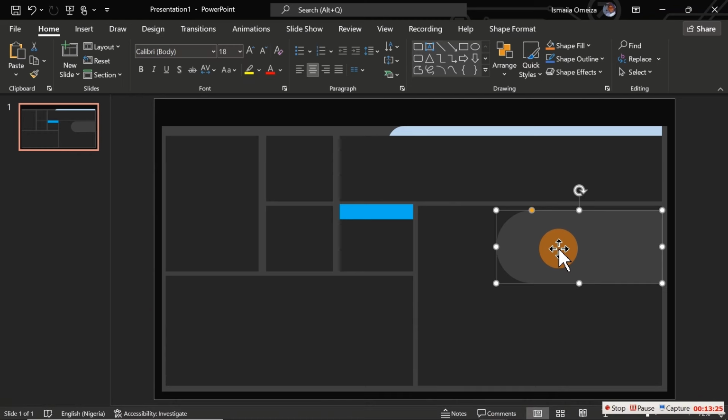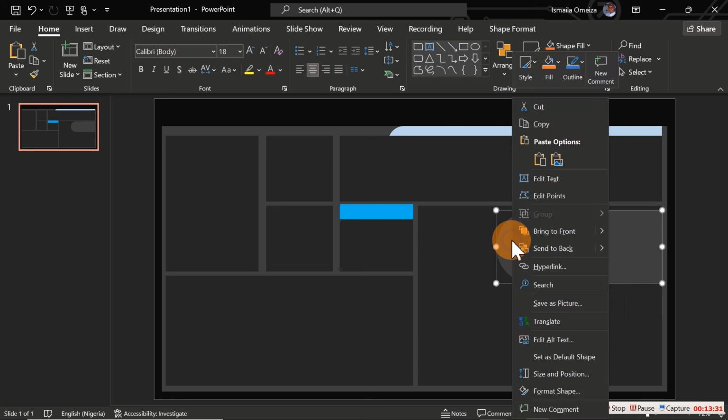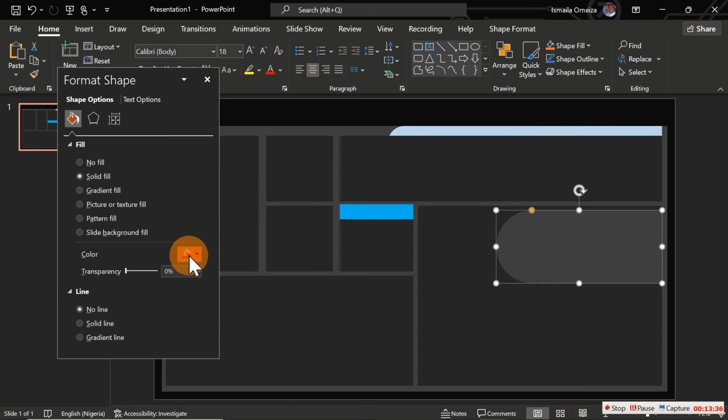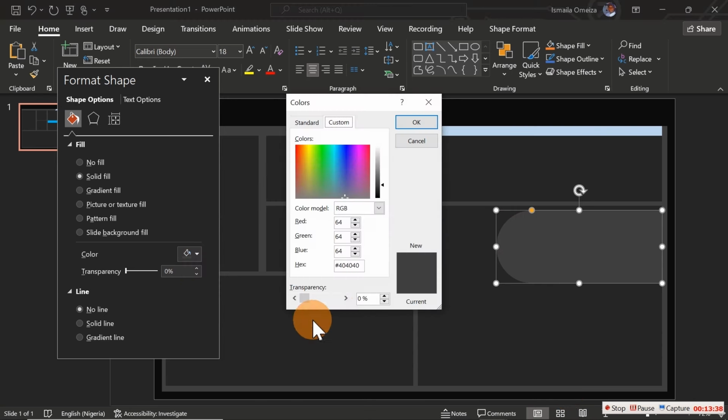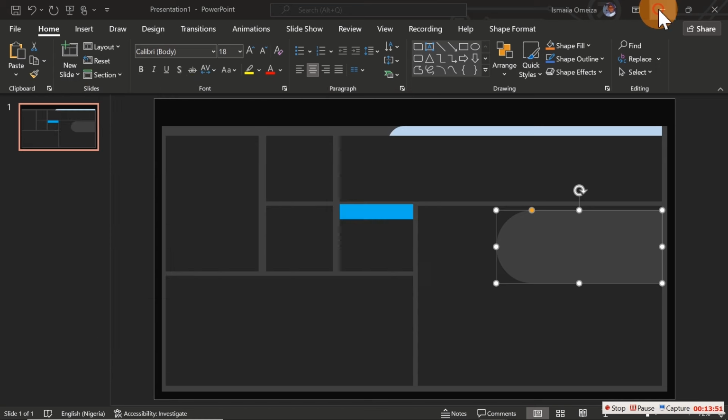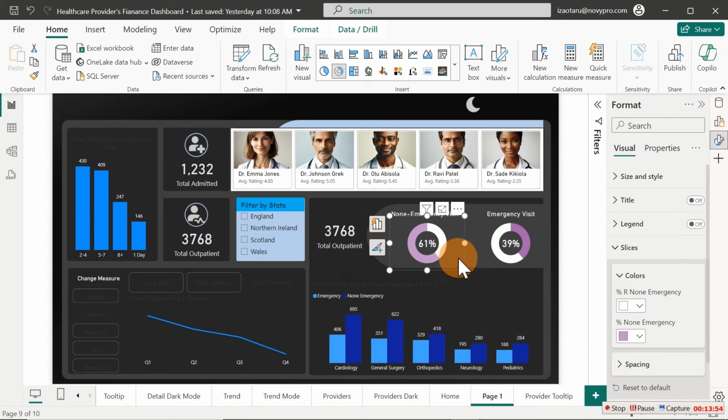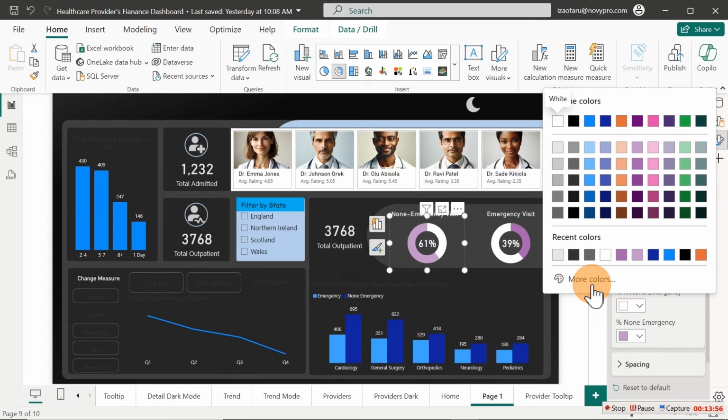It is very important. So what you need to do is to actually come over here and right click, then go over to format shape. If you want to get the color code, you click on this one, more colors, and here you go with the hex code. In case your version of PowerPoint doesn't have this hex code, you can use this particular 6464, which is the RGB. So now we have this, we can go back, and now that we're here, we click on this one,